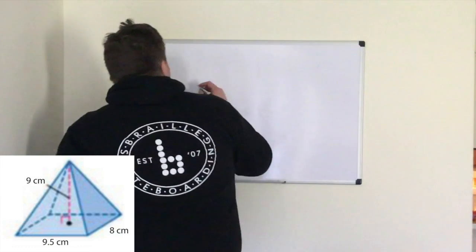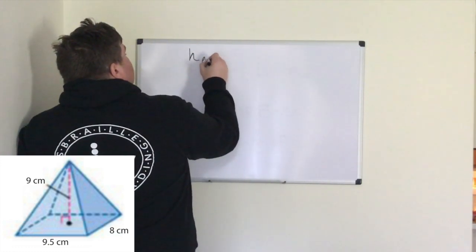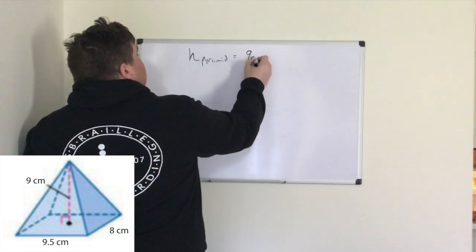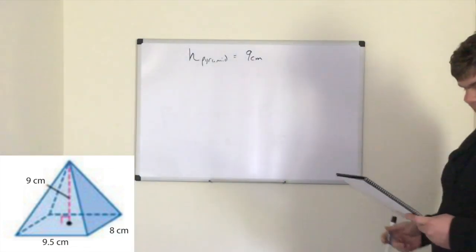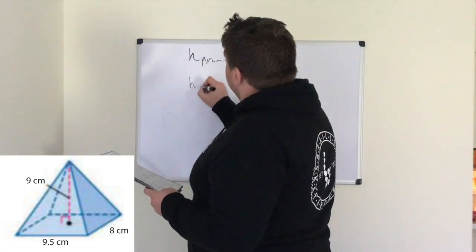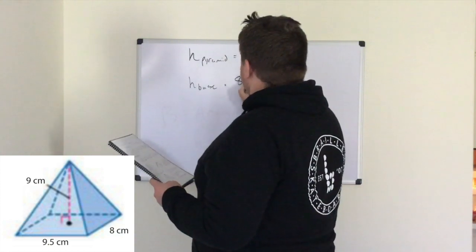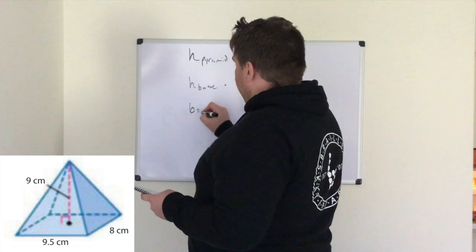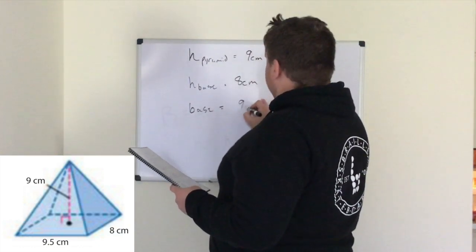So we have the height of the pyramid is 9 centimeters. We have the height of the base is 8 centimeters, and the base is 9.5